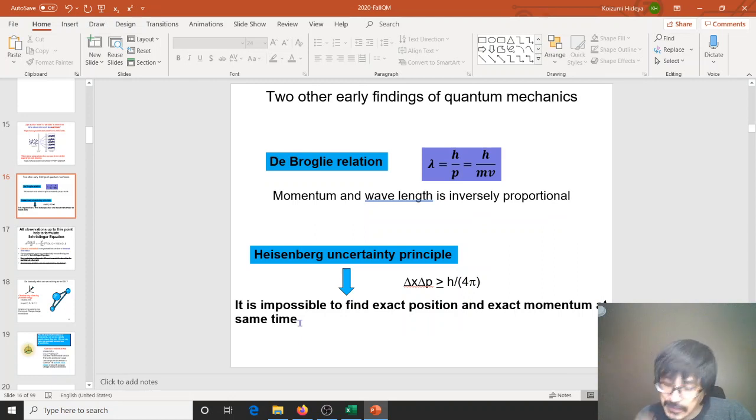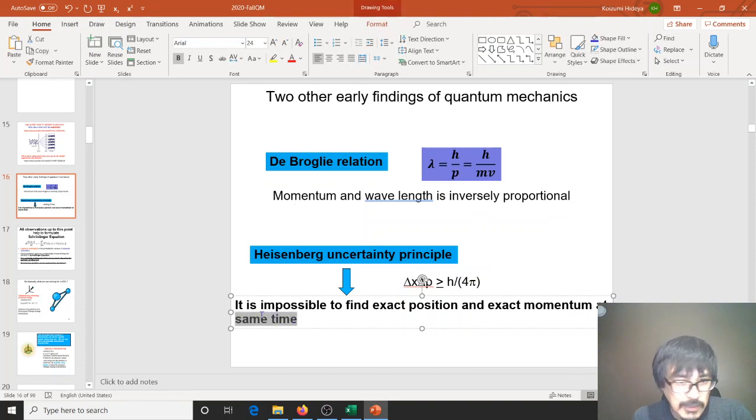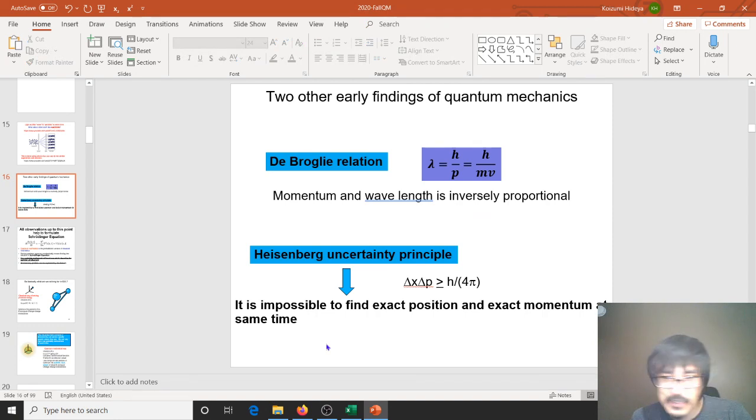If you decide to go with the chemistry major in the second year in my class, we are going to use a mathematical tool called the Fourier transform to figure out this Heisenberg uncertainty principle. But right now for general chemistry one, all you have to know is that it is impossible to find the exact position and the exact momentum at the same time. In formula,